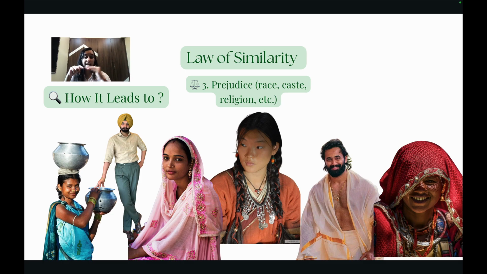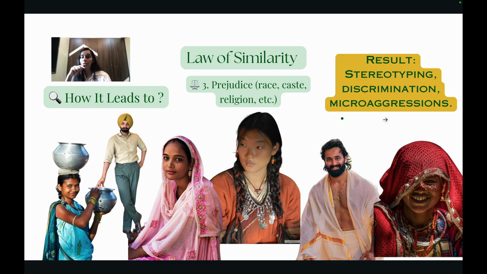Islamic people are dash. Fill in the blank. Northeast people are dash. South Indians are dash. North Indians or Marwadis are dash. When you fill in the blank, you understand how you have made quick and not very correct decisions about people, and how you see them through only that lens. So you never get to know the individual. You just have judged them based on where they come from. That is their race, their caste, their religion.